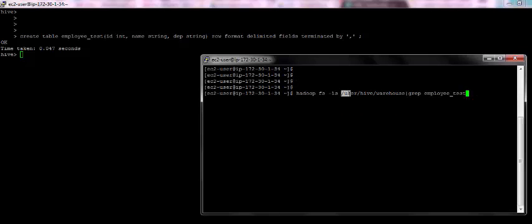So the warehouse location of Hive is /user/hive/warehouse. If we list out this directory, we will see that we have employee_test created under the warehouse directory. This name corresponds to the Hive table we just created.